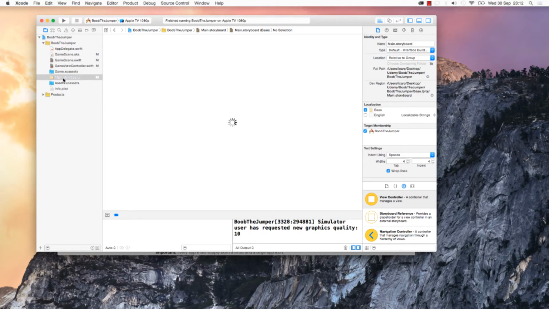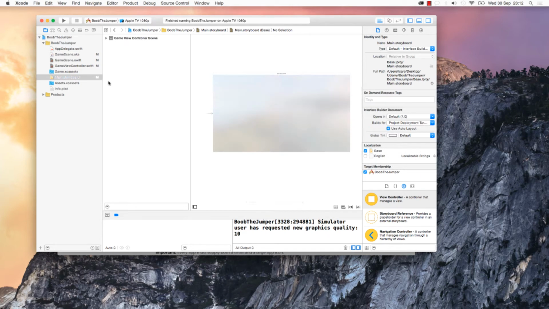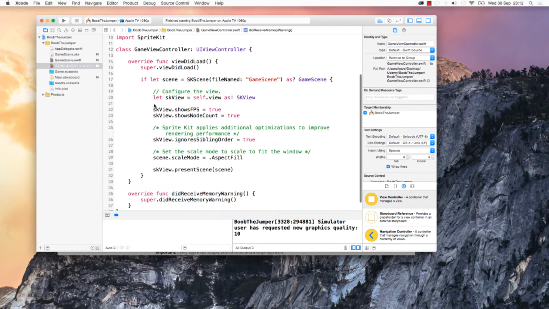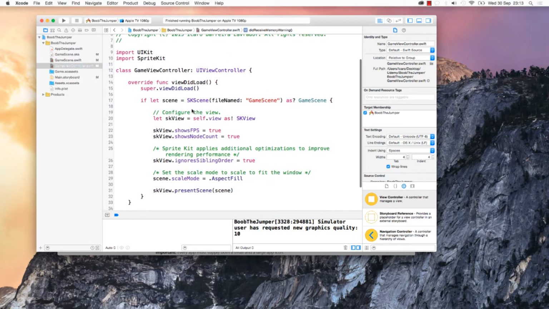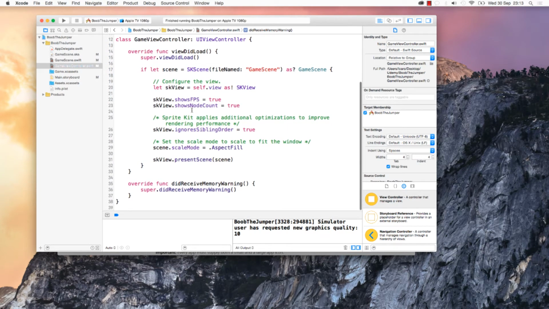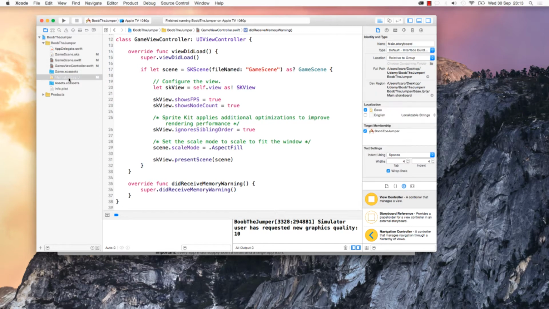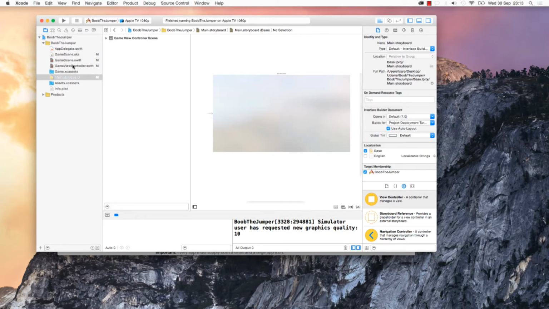The storyboard we're not going to be using as well. I just want to explain what's happening here. We have one view that's a normal view controller, and this view controller is loading the game view controller that I showed you before. So if you are using purely SpriteKit, that's how you're going to use the storyboard,